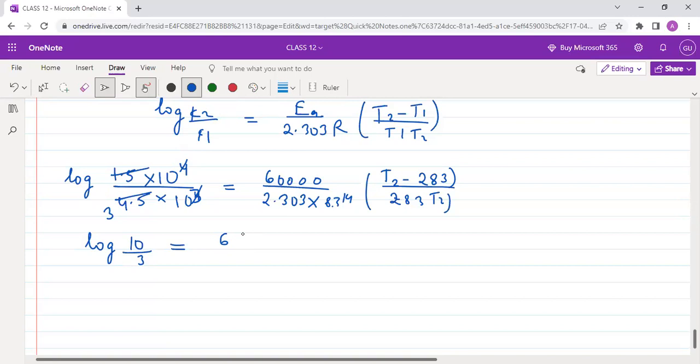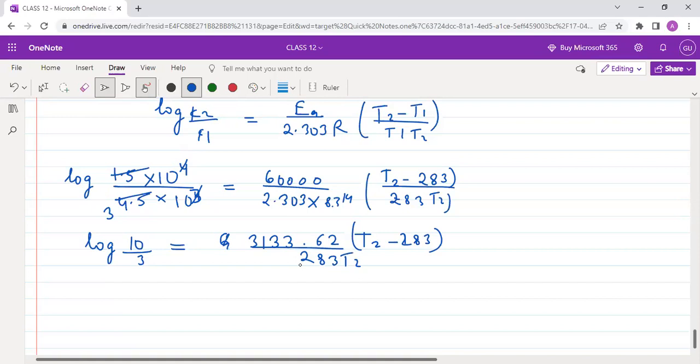Are you using a calculator? It's 60,000 divided by 2.303 divided by 8.314. You'll get the value 3133.62. Along with that, you have T2 minus 283 upon 283 T2. So you can divide this 3133 by